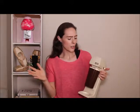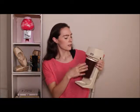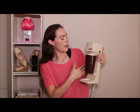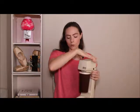And then, although this is not as old as I would hope it to be, I hope that someday I find a chrome or shiny looking one of these. This is a milkshake or a drink mixer or something like that. This is from the 80s though, because I looked it up, and it was only $2. I got it at the thrift store that benefits the veterans, so I of course did not feel bad about getting it, and I just thought it was cute to make milkshakes and go along with the whole entertaining thing. I can put that out and have some really cute display items that also work to